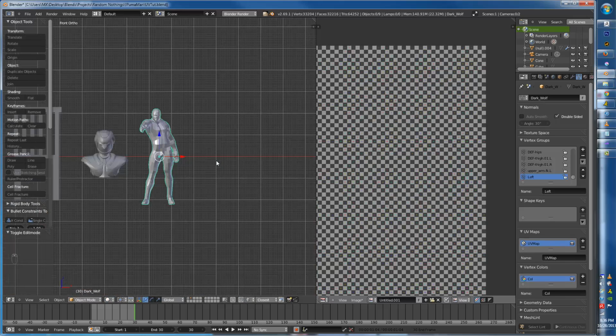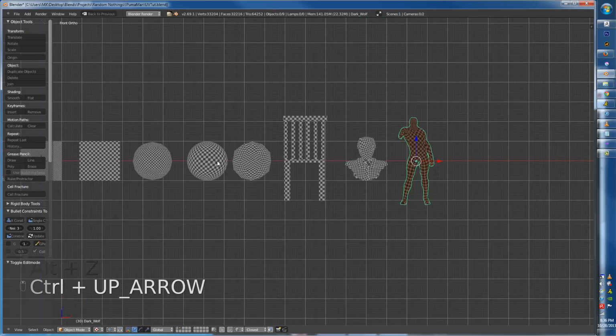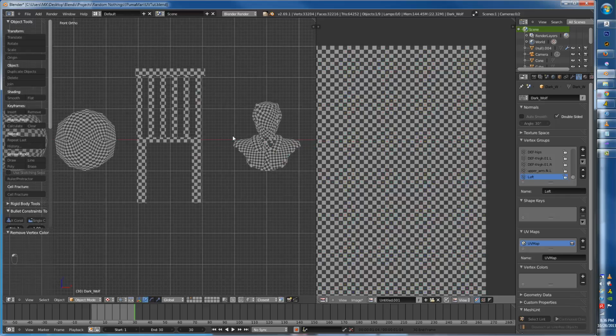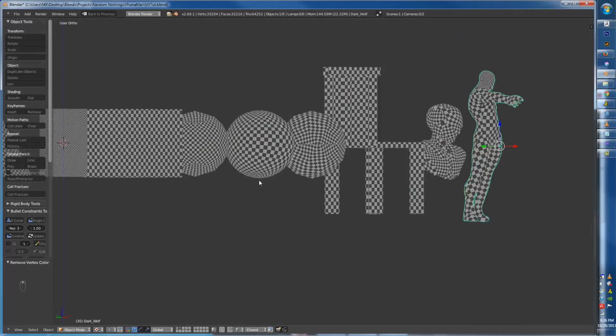So back in this mode, we have gone through, what is up with this thing? I think it has vertex colors. There we go. Alright, so,